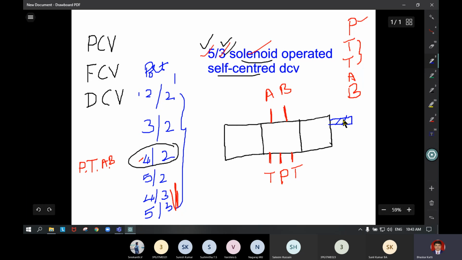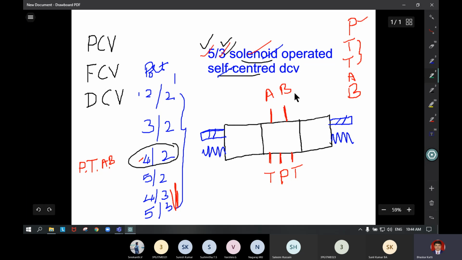So this is the symbol for solenoid, and it is self-centered. That means whether we activate from left side or right side, before the actuation it has to be placed at the center. So either side we have to write the springs. So solenoid operation is over, self-centered is over. The only left out thing is we have to show the arrow path inside the valve body.